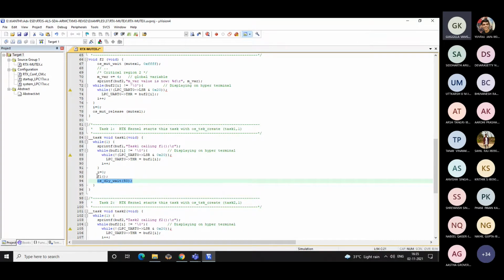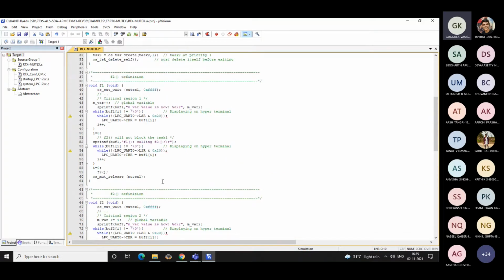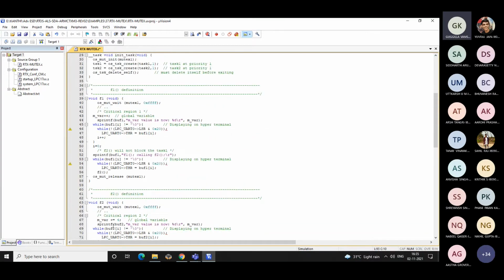So what is our function 1? So coming to function 1, F1. So in task 1, I do have nothing. So here just print the message, task 1 is calling F1, and you call the F1. That's it.